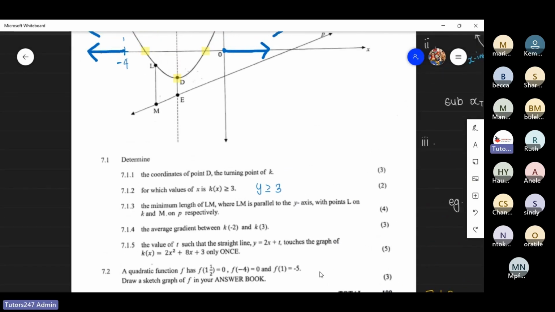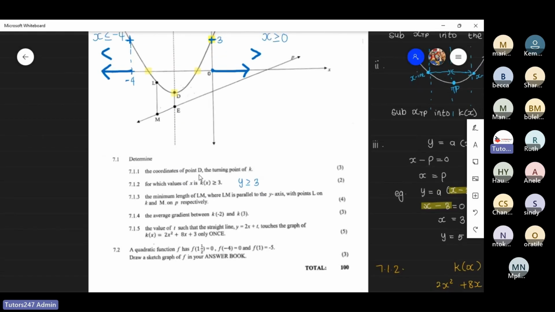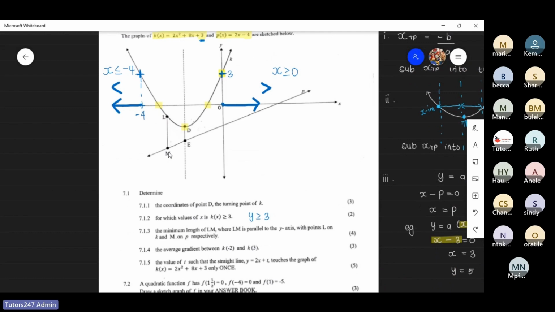So question 7.1.3, determine the minimum length of LM, where LM is parallel to the y-axis with points L on K and M on P respectively. So let's look at our graph so we can better understand what's going on. So we need to determine the minimum length of LM. So this is LM. As you can see, L is a point on our function K, and M is a point